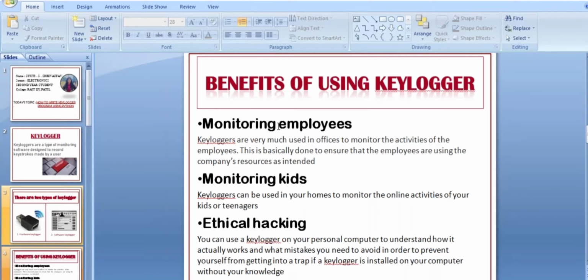These days there are many benefits and also disadvantages of the internet, so you can monitor the online activities of kids and teenagers. And lastly, you can use it for ethical hacking. You can use a keylogger program on your personal computer to understand how it actually works and what mistakes you need to avoid to prevent yourself from getting into a trap.